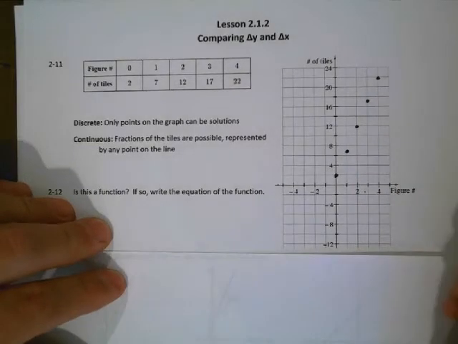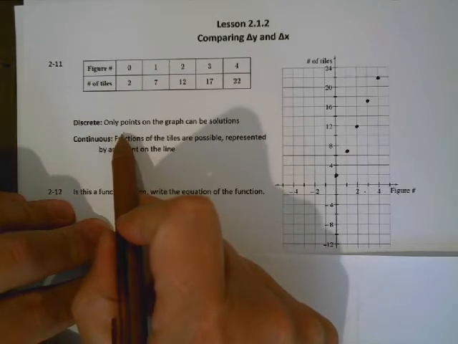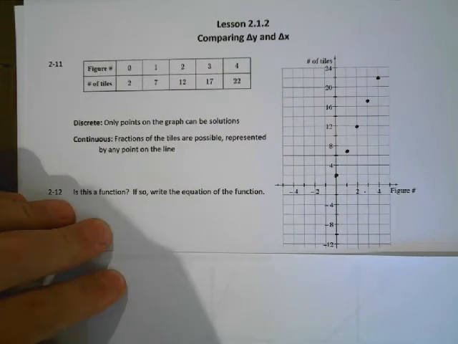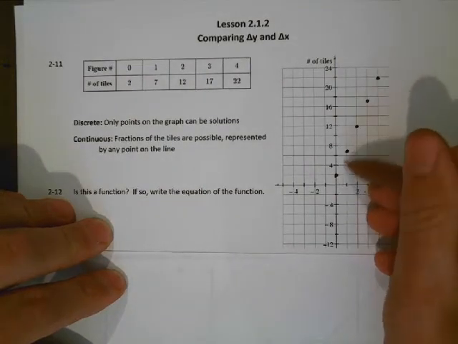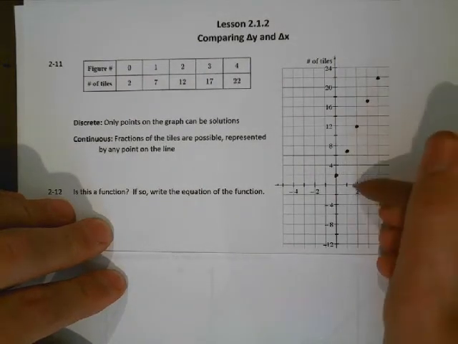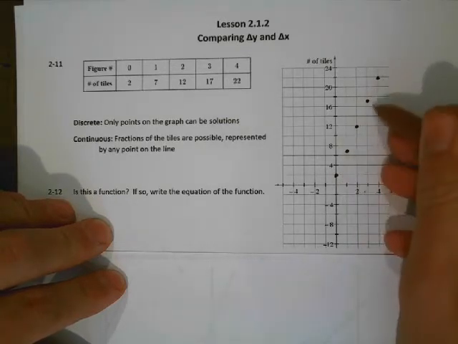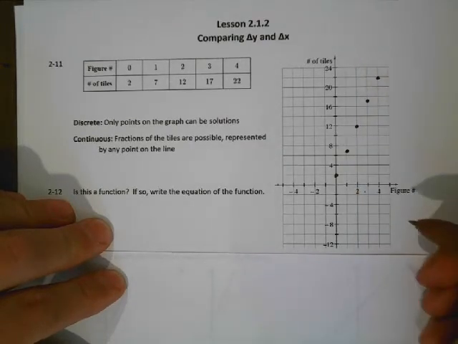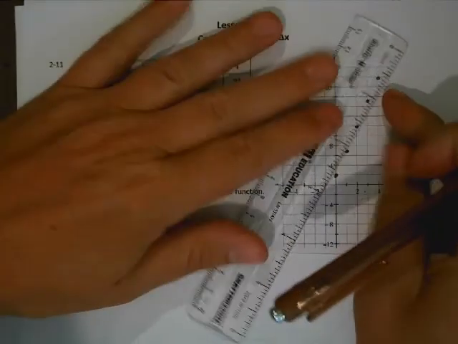All right, what I have created here is what's called a discrete graph. In a discrete graph, we assume that only the points on the graph can be solutions. So maybe this is some kind of figure in tile numbers where we can't have fractions of tiles, like we can't have a figure 0.5 or we can't have a figure 1.8 or something. So this would be a discrete graph to show us that in our pattern, only whole number figure numbers would work. Now, if we decided to instead draw a line through it,